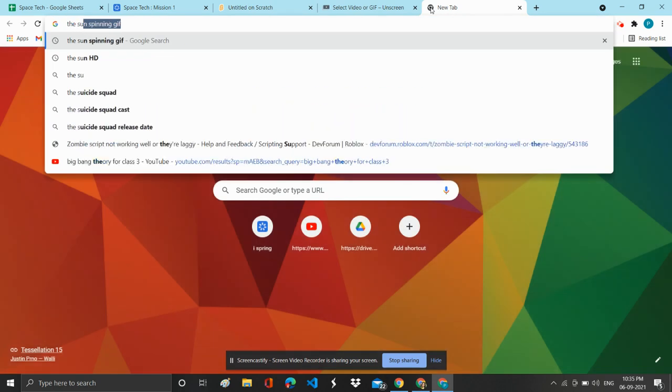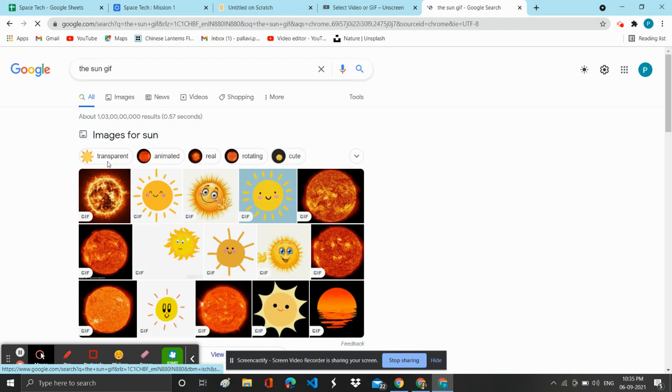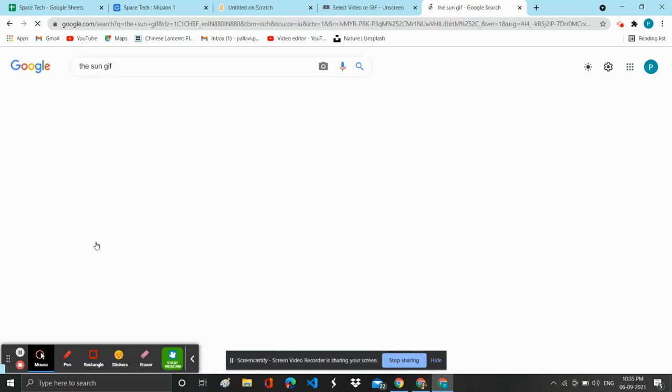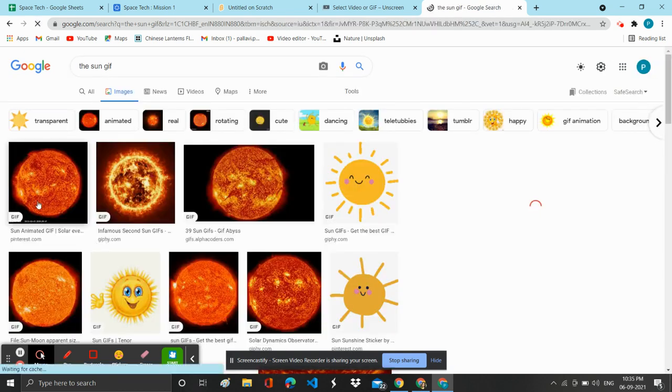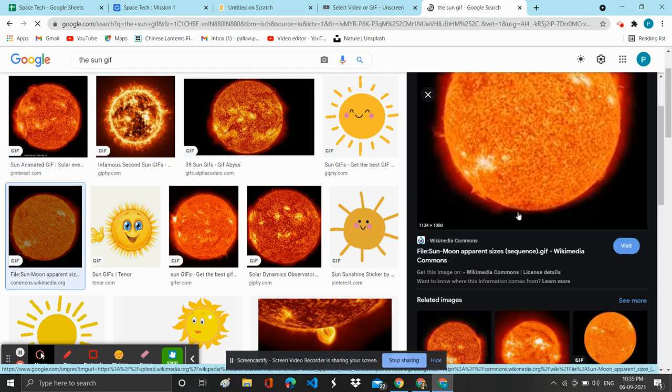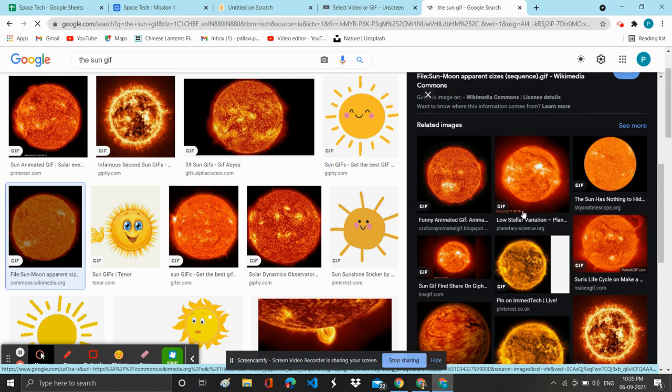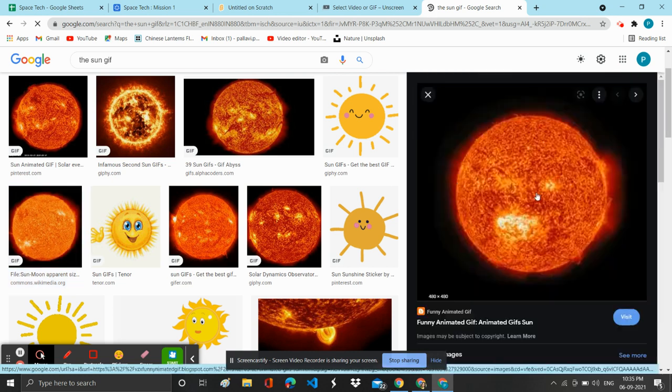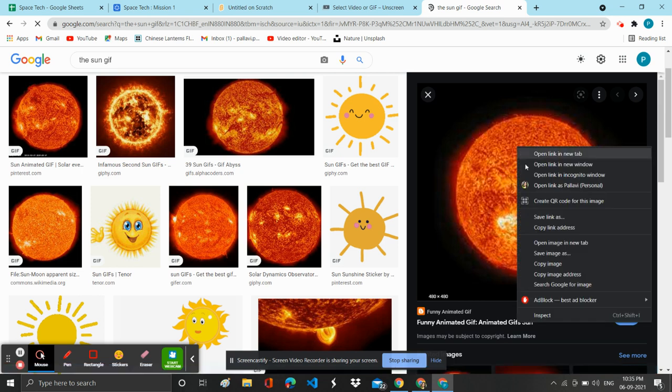What I did was I simply downloaded the GIF images of each of these planets and the sun. I made sure that I downloaded the images in the form of a GIF. Students can select any of these GIF images that they would like. I have already downloaded it.